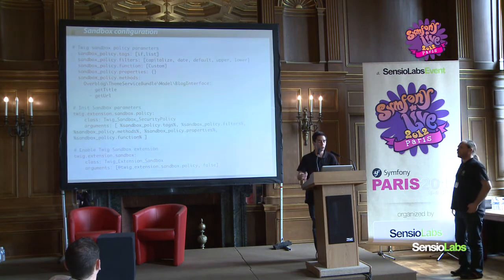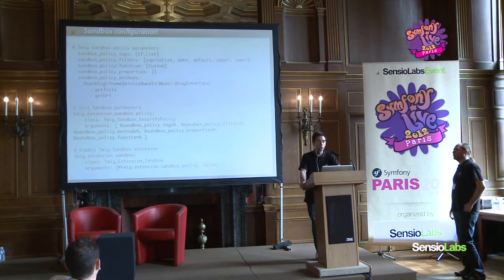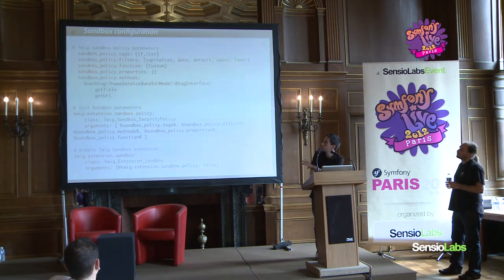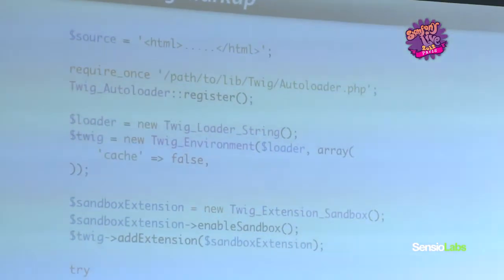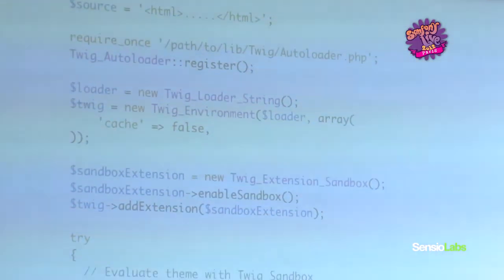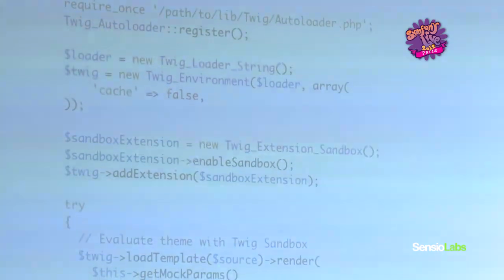Next, in your configuration, you inject your sandbox. Then you are able to adapt all the parameters in your sandbox as created. And the last step: you activate your sandbox with the injection you make, and you tag your Twig extension, and it is almost ready to use as sandboxed. What does that mean at the PHP level?